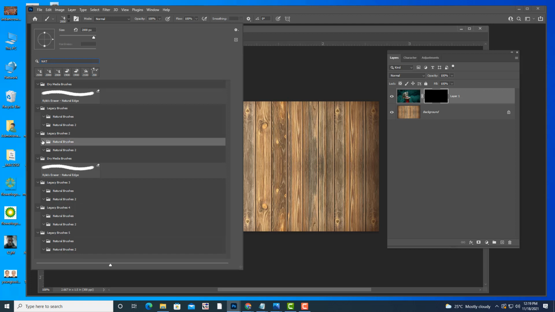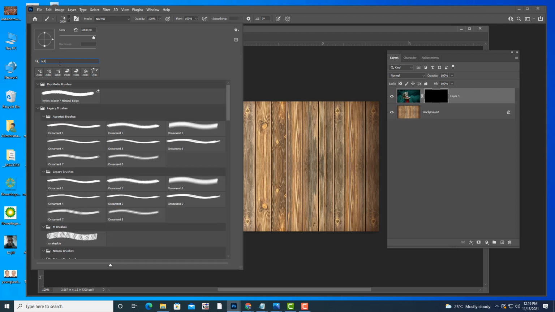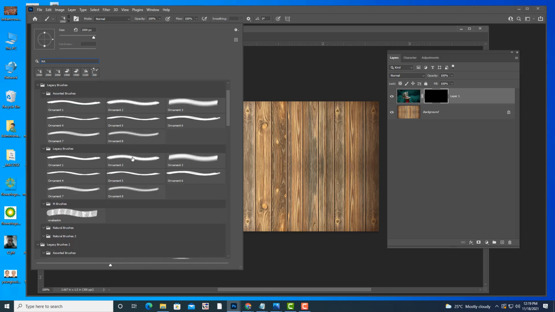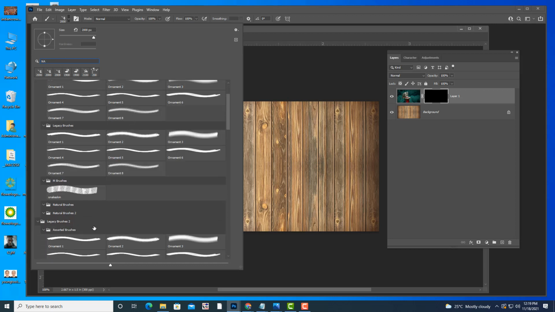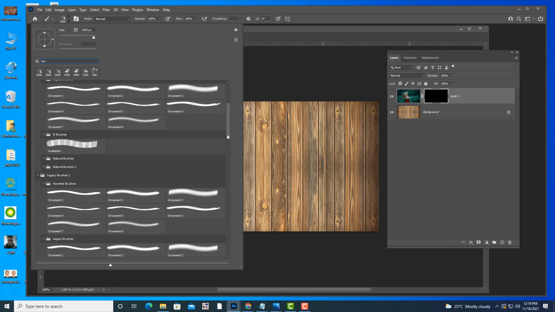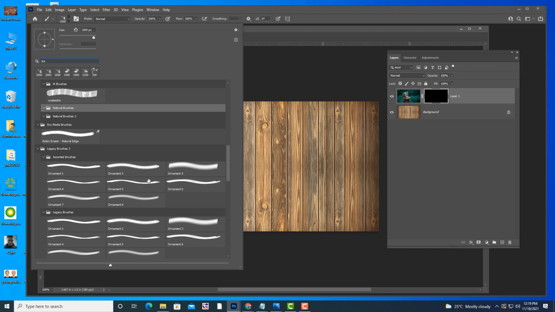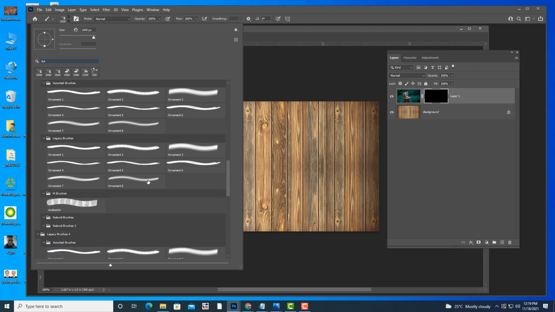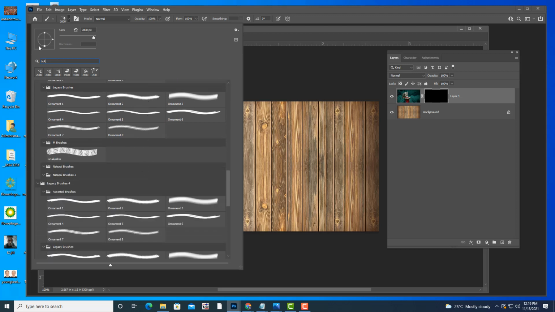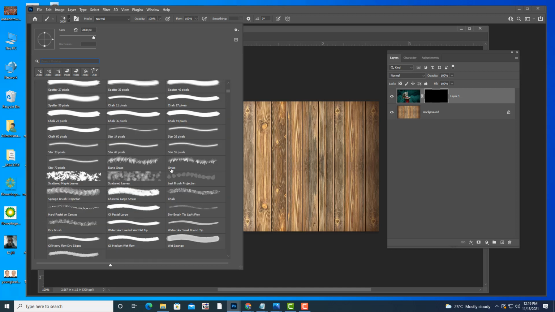Okay, you can select the brushes from here actually. This is how you can do it. This search option appears only in the latest version. Remember that. Okay.